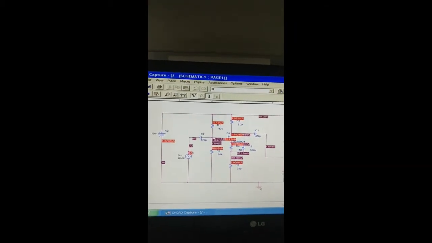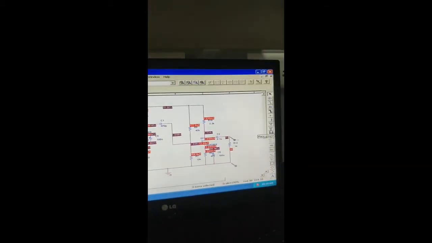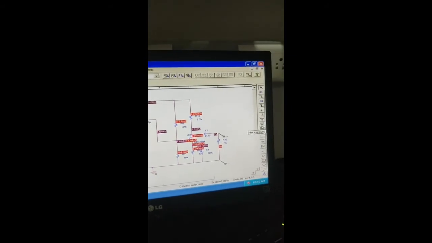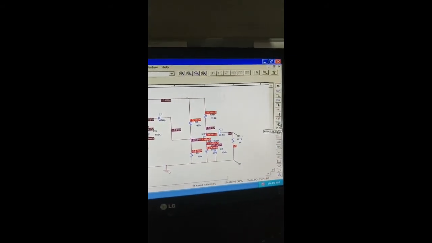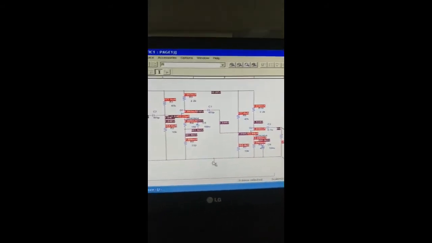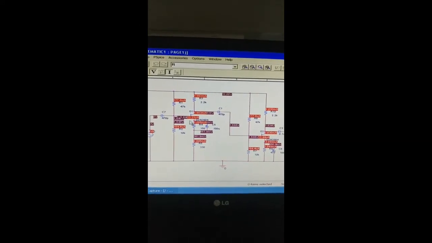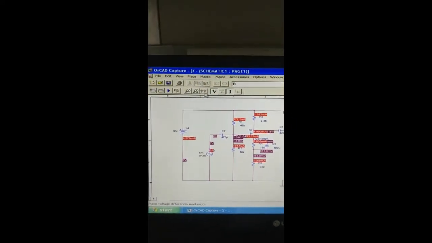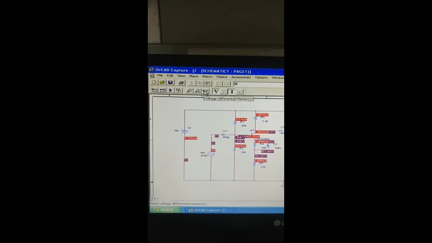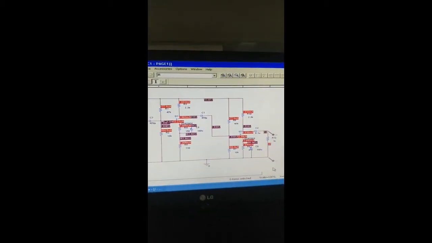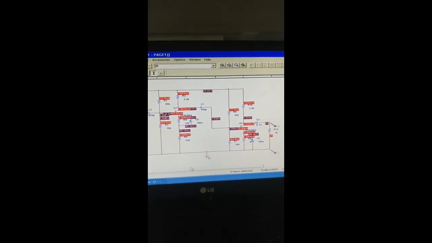Then from the extreme right-hand side, you take ground, place ground, and you can place ground here. Here you can see the probes. From here you can take the probes and place them where the output is to be taken. After drawing the circuit, just save it.